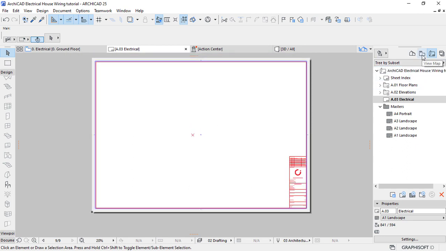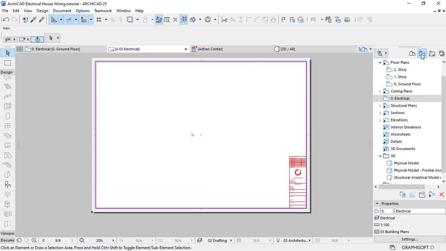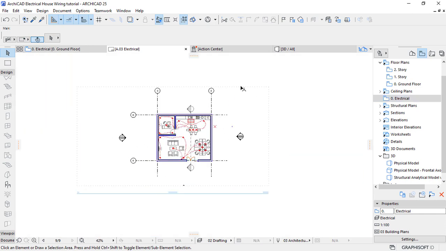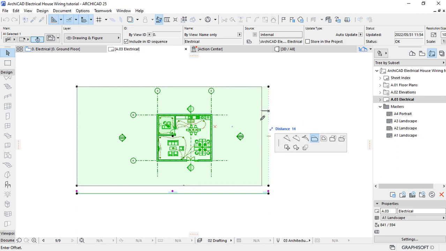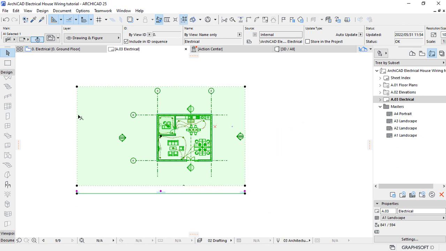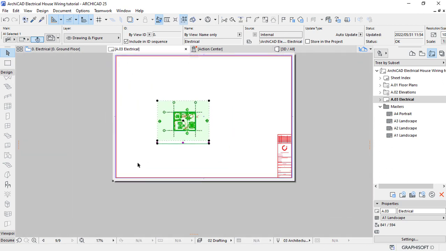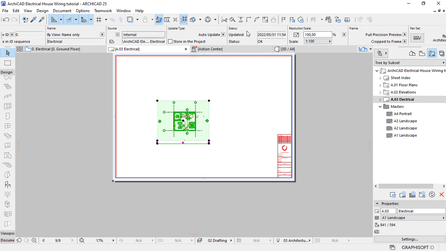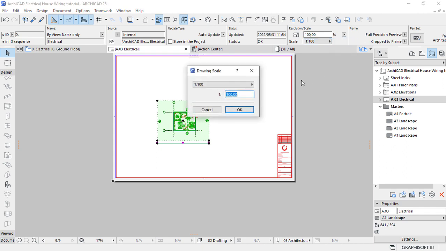Then let's go back to the view map. Don't open it, just click on it to bring and drag and drop the electrical plan. There we go. If you zoom in, I want us to trim off that. Let's crop it to make sure it fits, and then let's increase the scale. If you go to the info box at the top there and scroll your mouse, you find the resolution slash scale. Let's set this to custom and make it